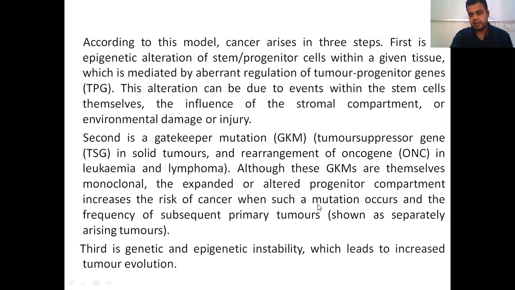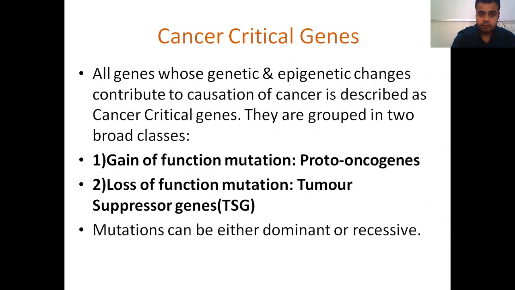Okay, so I'm not going over this again right now. These tumor suppressor genes are guardians of the genome. Mutation in those can lead to this tumor. Basically, these are termed gatekeeper mutations because they take care of this. They are termed gatekeepers, their role is to secure the environment so that there will be no tumor in the normal DNA replication process or normal cell division. Third is epigenetic instability, which leads to tumor evolution.